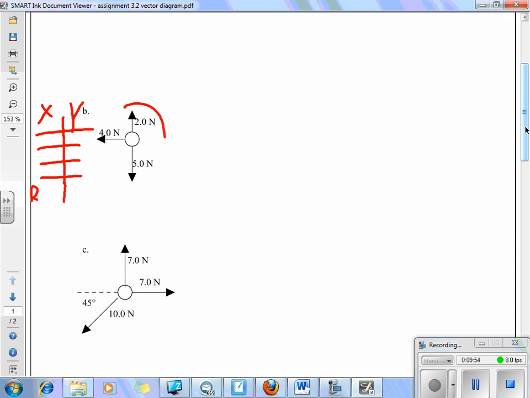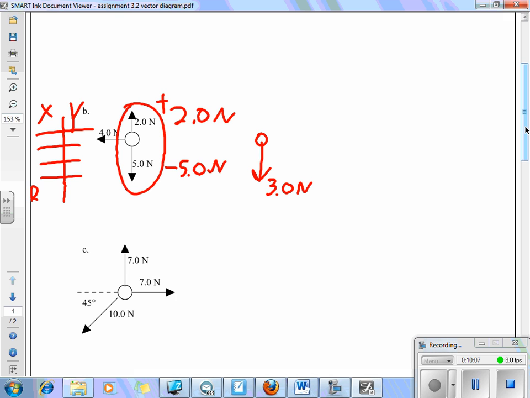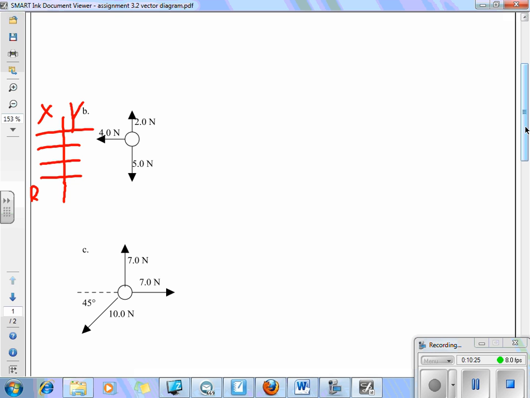So right now I basically have a 2 going upwards and a 5 going downwards. I'll add those two together, and the result is pretty easy: 3 heading downwards. So we can simplify this problem right off the start just by separating the two dimensions out, x and y. I can't add anything with the x portion, so it stays 4.0. I will redraw this so it's more clear, but I want you to see how I just combined the y's separately at first. You would have seen the same result if you did the data table. So what I end up getting is 3 downwards,